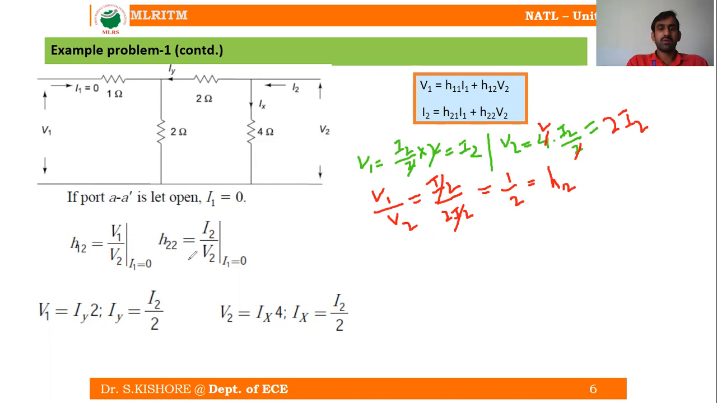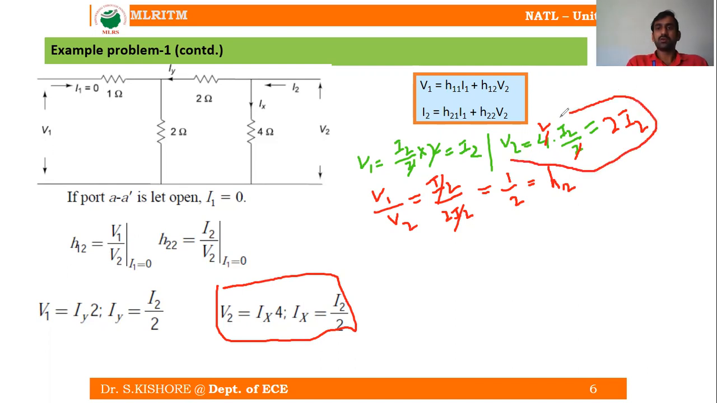H22 is nothing but I2 by V2. So using these two equations, we can get I2 by V2. So how to get this? Here we have the equation V2 is equal to 2 into I2. So we require I2 by V2, so I2 by V2 is going to be equal to